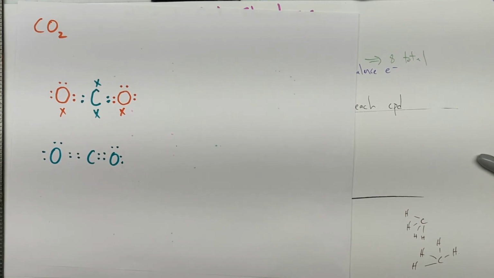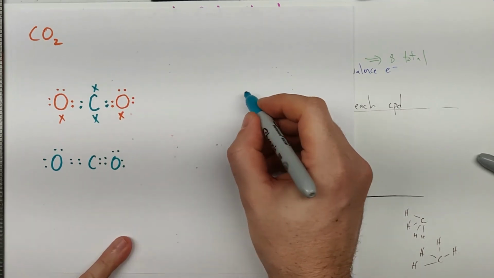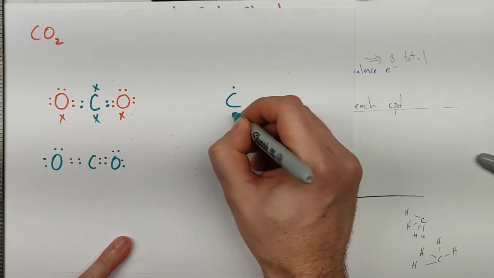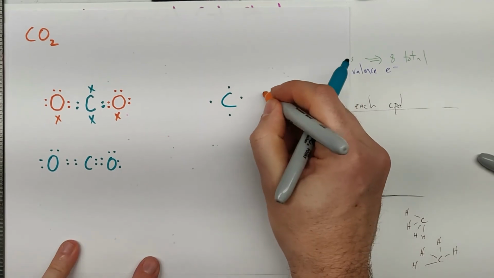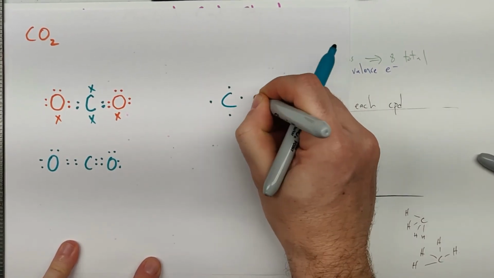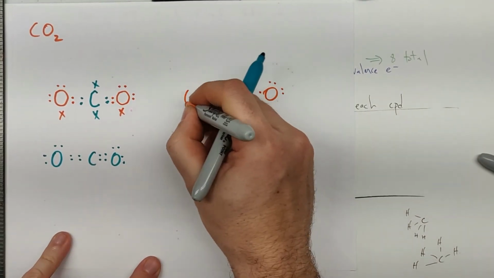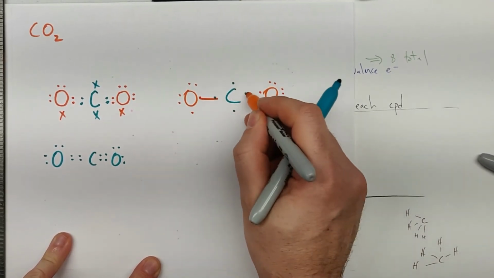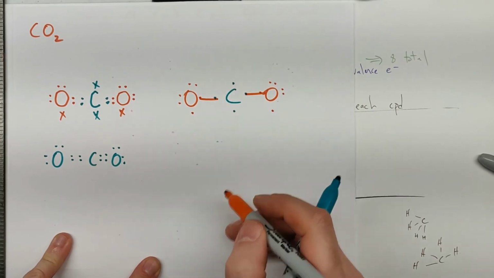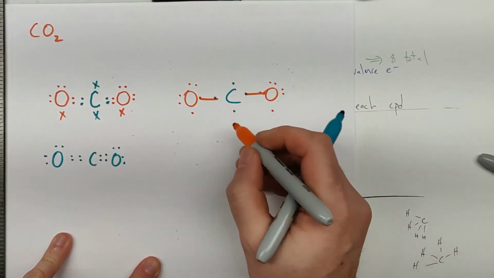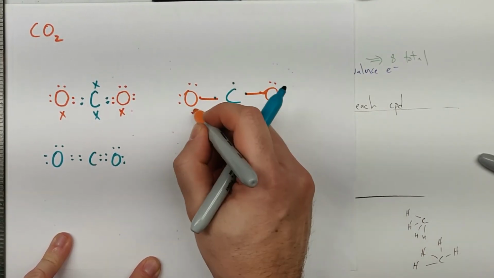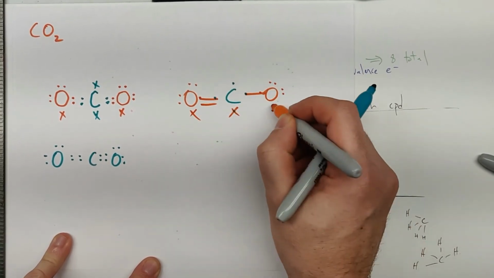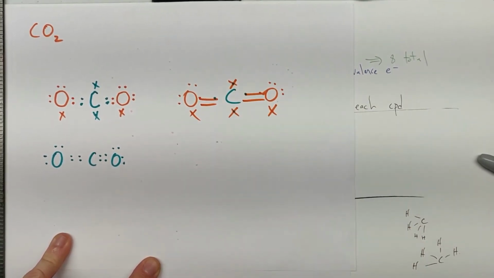Again, I'm not super used to drawing electron dot structures because I tend to skip right to the Lewis structures. So same setup over here when you're drawing a Lewis structure. Carbon, 1, 2, 3, 4. Oxygen, 1, 2, 3, 4, 5, 6. Try and get those single dots to line up. Connect the dots. 2, 4, 6, 7, not enough. 2, 4, 6, not enough. Gone, gone, make a bond. Gone, gone, make a bond. And you end up with